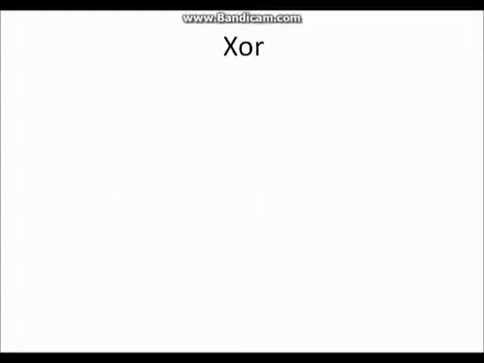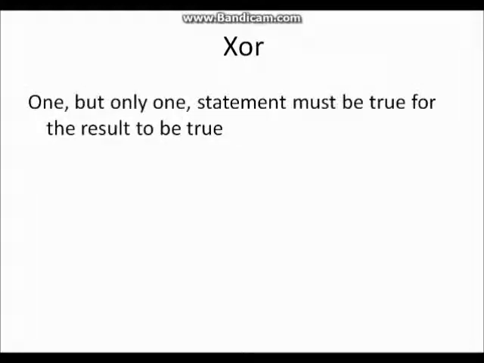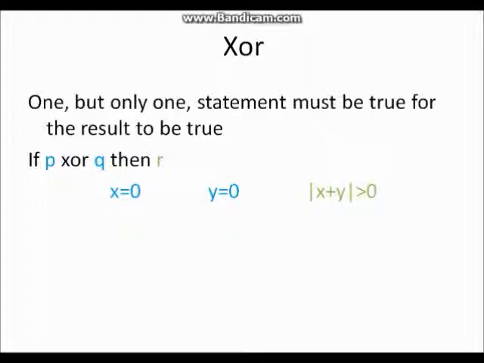XOR statements, however, are very similar, but they have one key difference. One, but only one, statement must be true for the result to be true. This takes the form, if P XOR Q, then R. Here's an example. Our statements are x equals 0 and y equals 0, and our result, the absolute value of x plus y is greater than 0. Now our phrase, if x equals 0 XOR y equals 0, then the absolute value of x plus y is